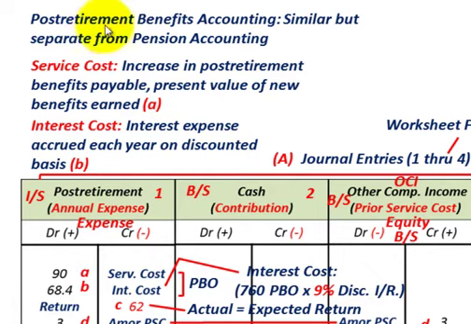What we're going to be going over here is post-retirement benefits accounting. Post-retirement benefits accounting is very similar to pension accounting, but when you have both a pension plan and you also offer post-retirement benefits like hospital insurance to the retirees, you want to keep those separate. So post-retirement benefits accounting would be separated from pension accounting, but our accounts and our journal entries are very